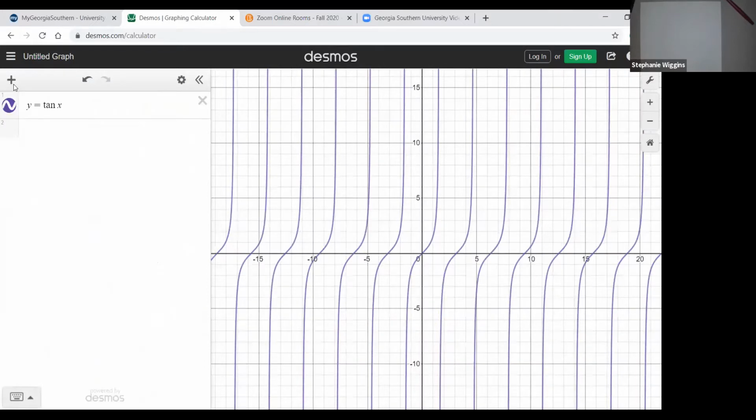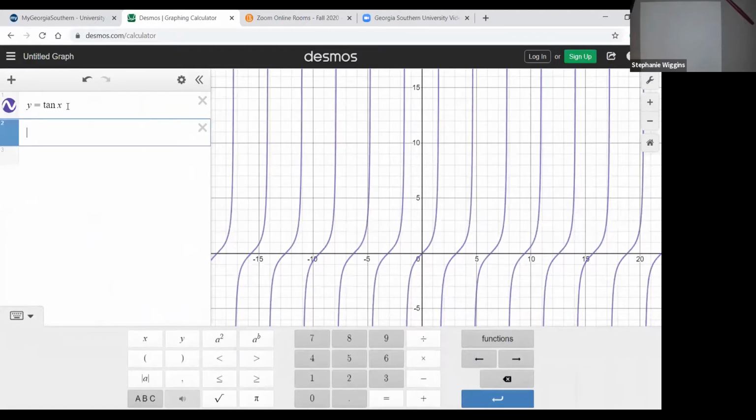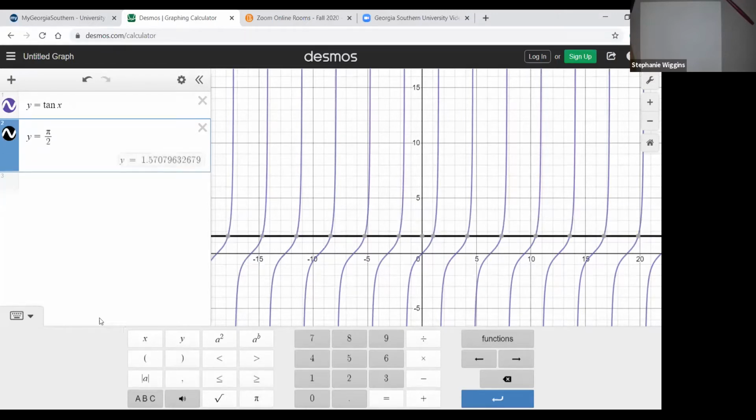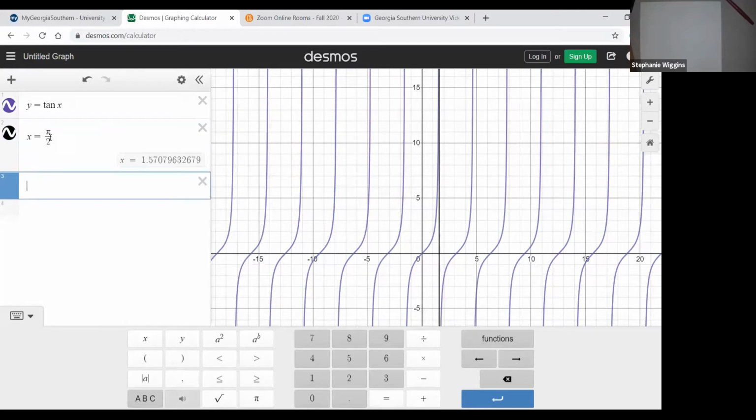Where am I here? There we go. So if I graph y equals pi divided by 2, I didn't mean y, I meant x. There we go, that's better. And if I graph minus pi over 2,